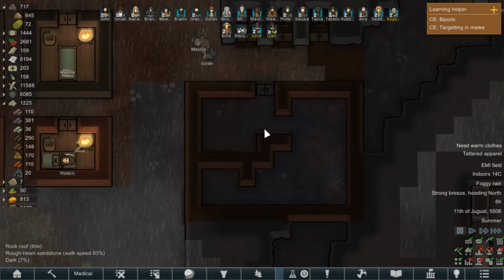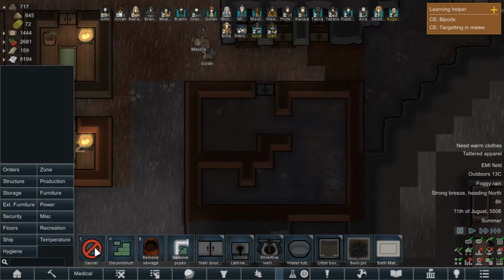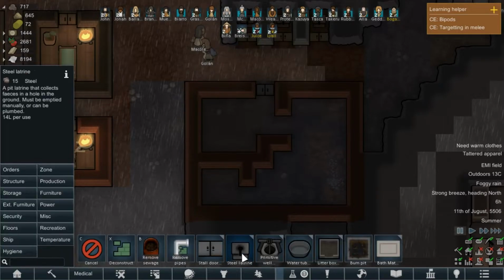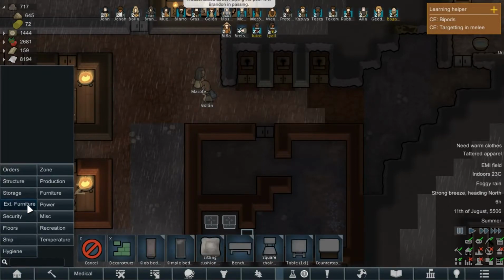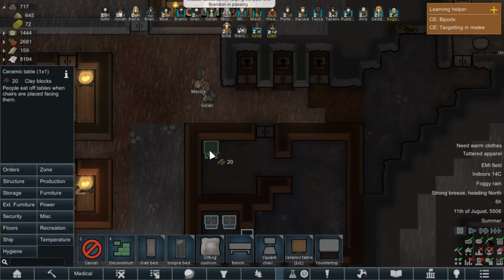Okay, so that's been done. Hygiene. Go latrine. What kind of stone do we have a lot of? Sandstone. I mean, just making it out of ceramic is probably more than enough, really, to be honest. Put it in there. Stall door. We'll go some pretty basic stuff. Get me some basic ceramic, and we'll go...